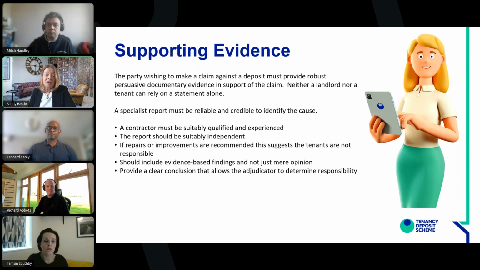So as I mentioned, no party can rely upon a statement alone. So it's really key to have specialist evidence to support claims, particularly in relation to damp and mould. So the contractor must be suitably qualified and experienced. The report should be suitably independent. As I mentioned, if repairs or improvements are recommended, then this often suggests that it is not just one cause,